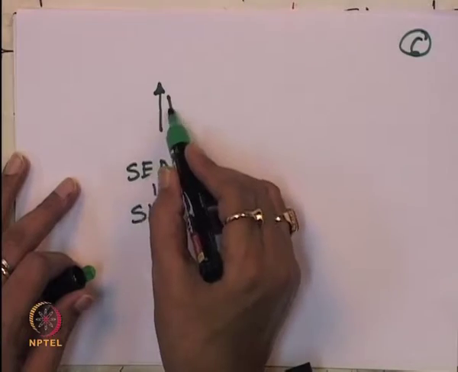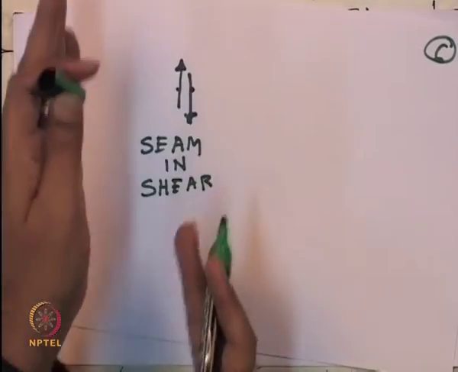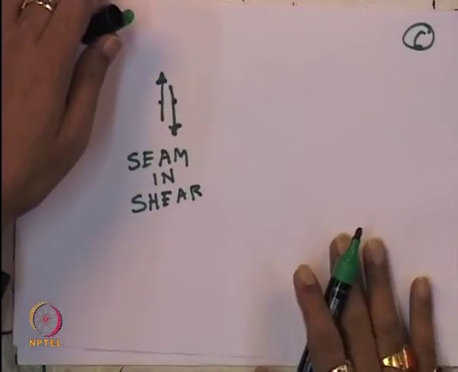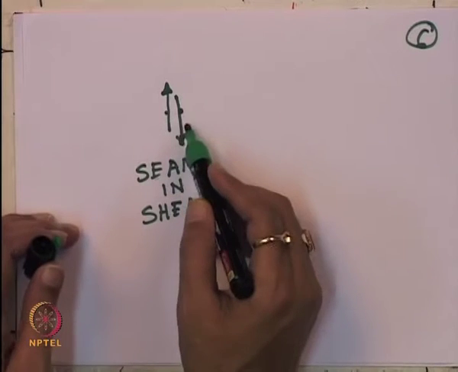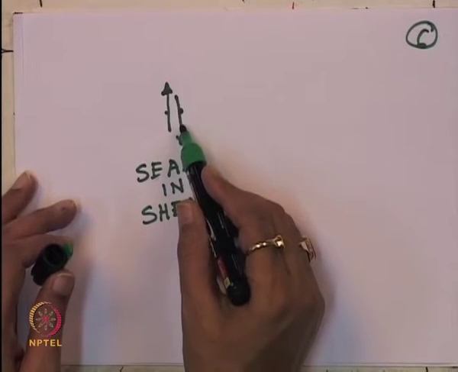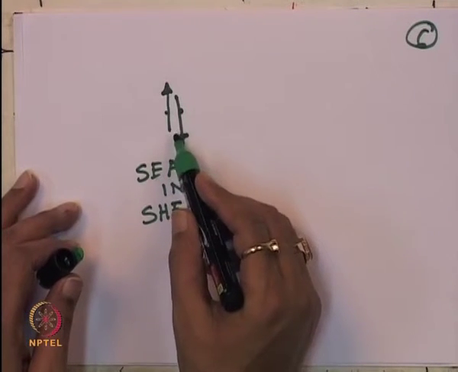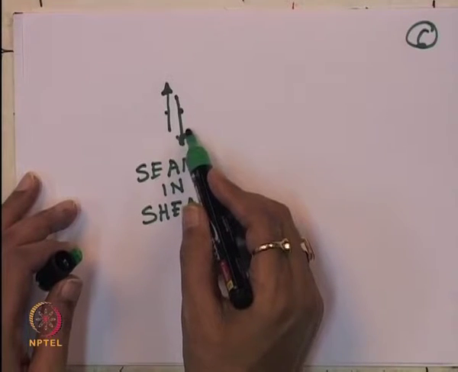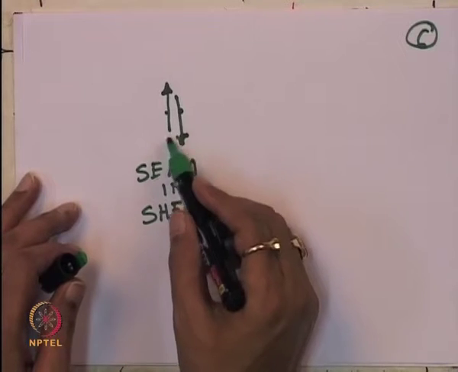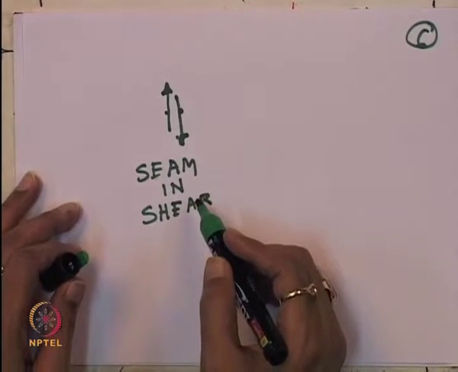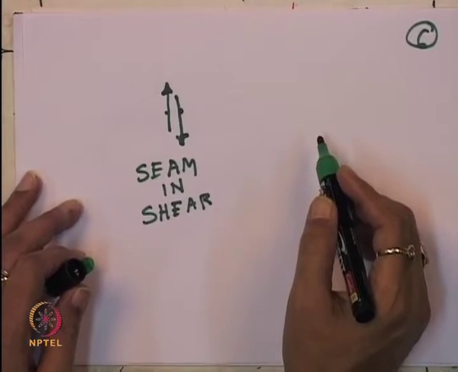You can see this is the material, geomembrane material, and there is a shear in between the material. You can join and there will be the shear, so you can perform the shear test. So you will be knowing what will be the seam value in shear and what will be the behavior of HDPE sheet and the seam.